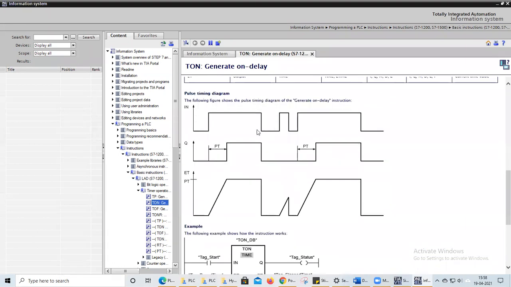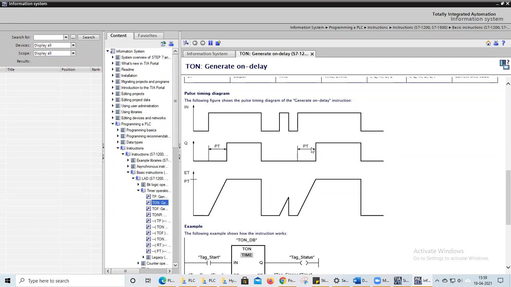so here you can see the first case. In the second case, the input is raised from 0 to 1, but before 10 seconds it goes again from 1 to 0, means on and off has been done. So my timer won't turn on here. Again, from 0 to 1, he has given positive triggering.